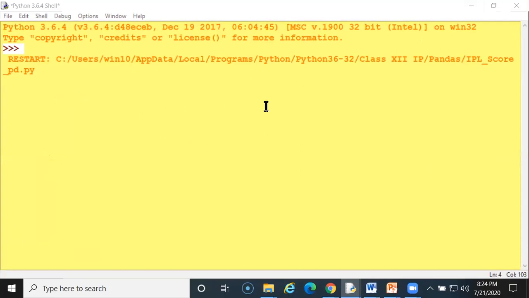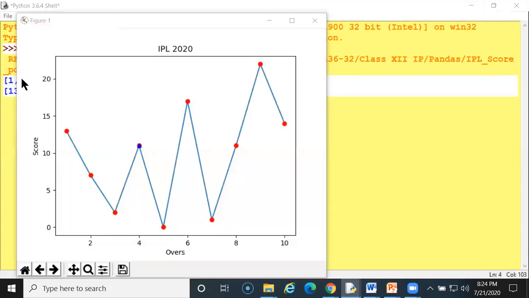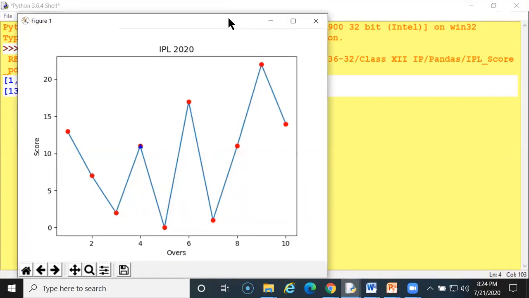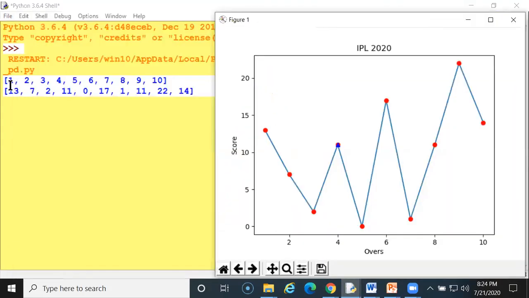It takes a time. So first it will display the data. See, you can view here. First it will display the data which I am assigning with x and y.